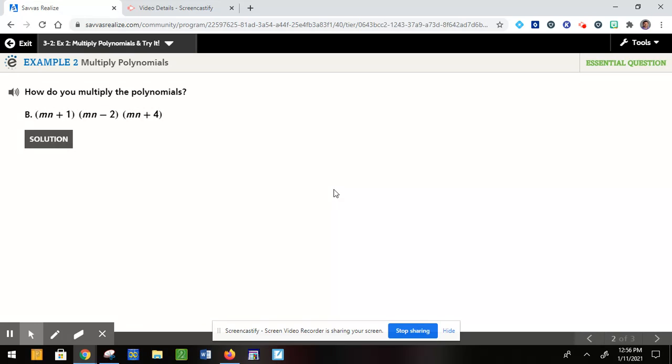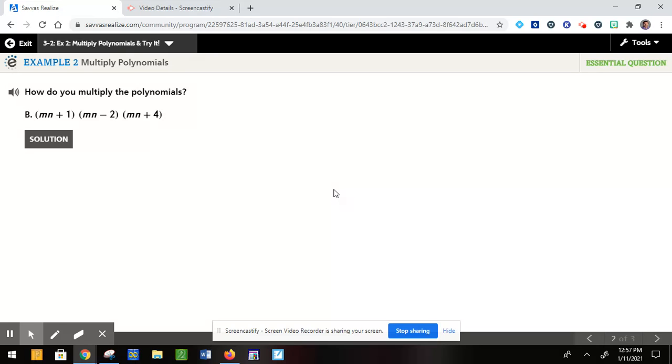For example 2, where you've got 3 binomials, basically you're just going to pick 2, multiply them together. It doesn't matter which 2, because remember multiplication is commutative. Once you have 2 of them multiplied together, in most cases, unless it's a difference of squares, which these are not, you're going to end up with a trinomial that you'll then multiply the other binomial by, and it'll look